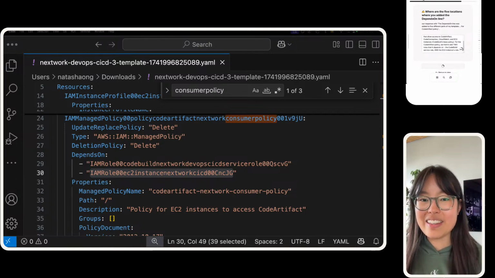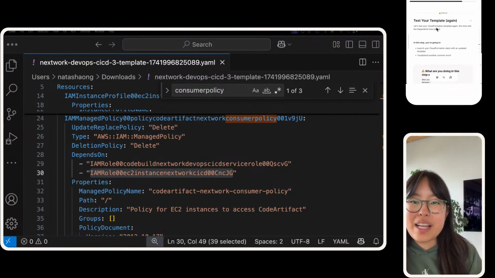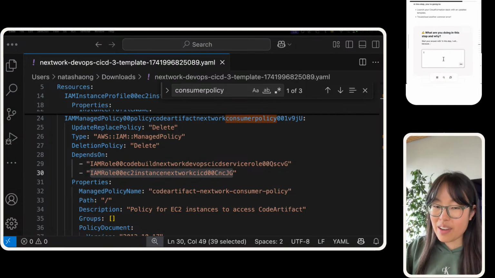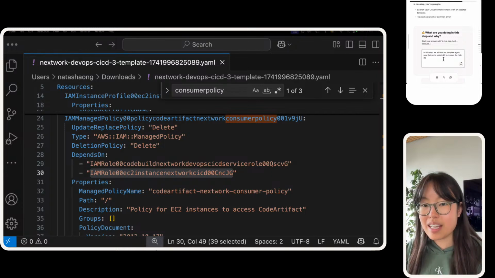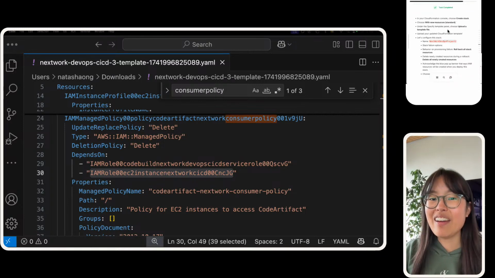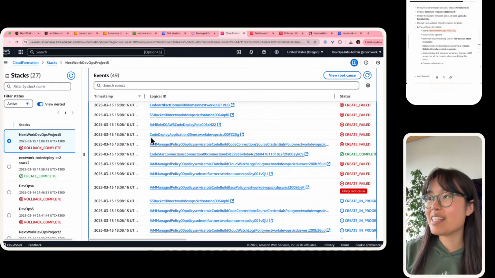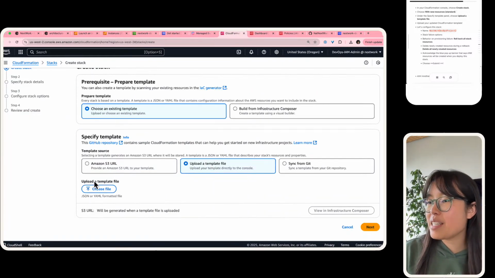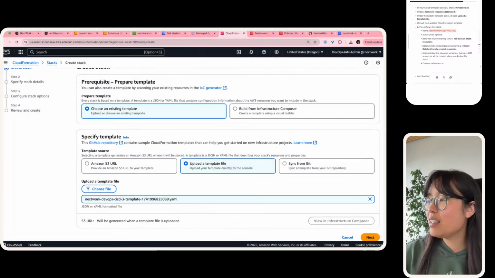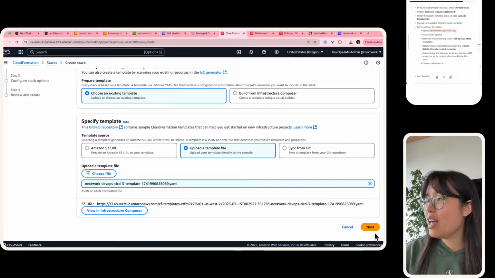Great. All done. So now that we've updated it, let's test our template one more time. In this step, we will test our template again, now that we've updated it to resolve the role does not exist error. In our CloudFormation console, let's choose create stack one more time. Let's see if it's gonna work now. We're gonna upload our template file, upload a new one. And this time,